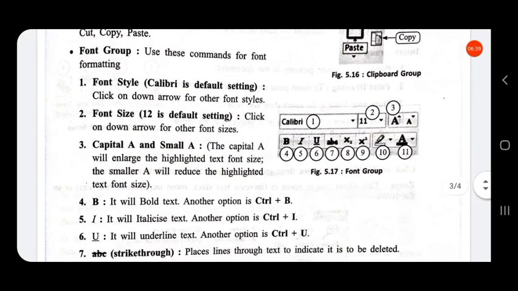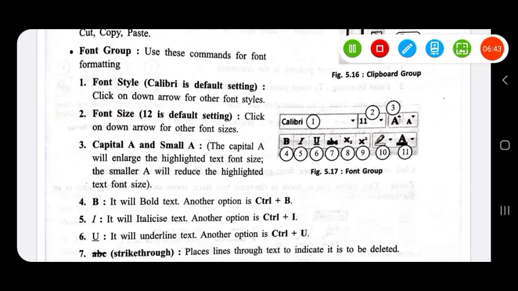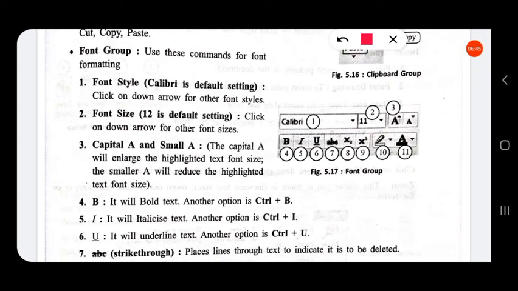Then in font size, the size of the font can be changed. Third one, this is to enlarge the text, that is capital A and small a. Enlarge the highlighted text.